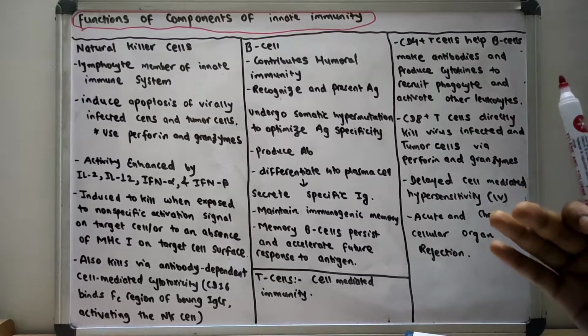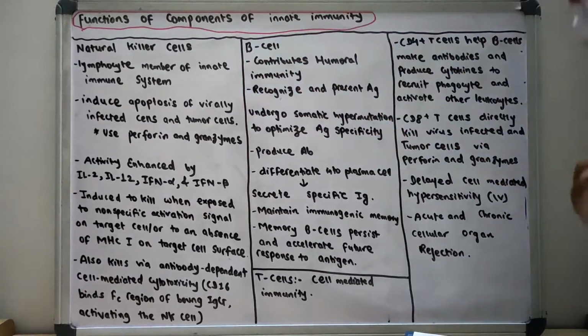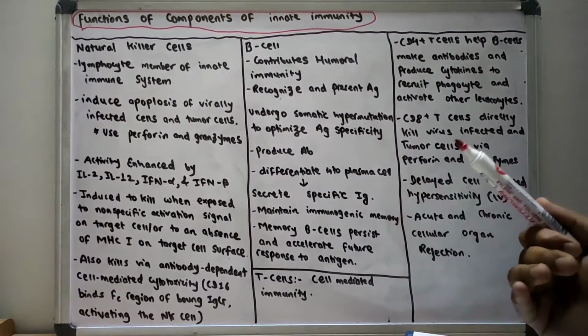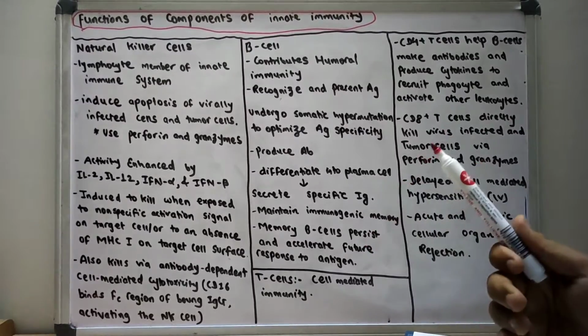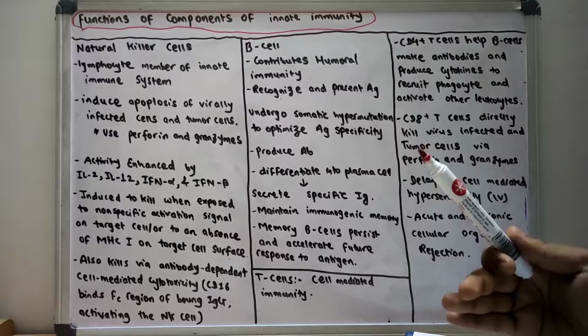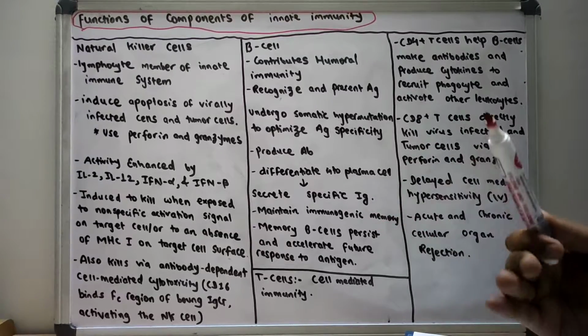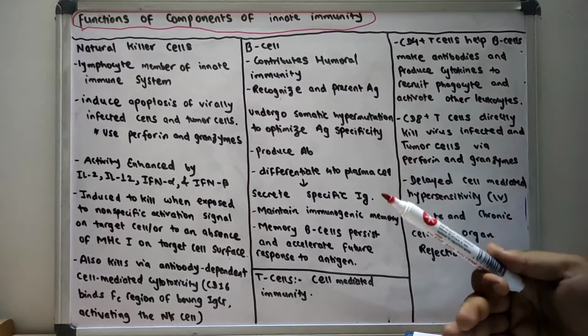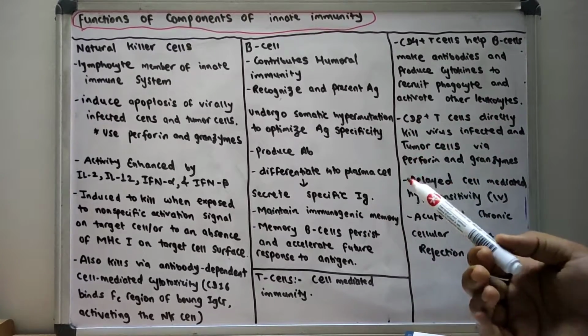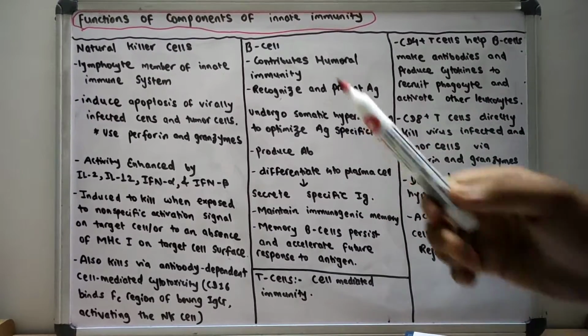In those various components, the main components were the natural killer cells, the B cells and the T cells. These were the important components of the innate immunity. So we'll discuss the various functions, and also read a brief introduction of the natural killer cells, B cells and T cells. So as we look towards the natural killer cell,